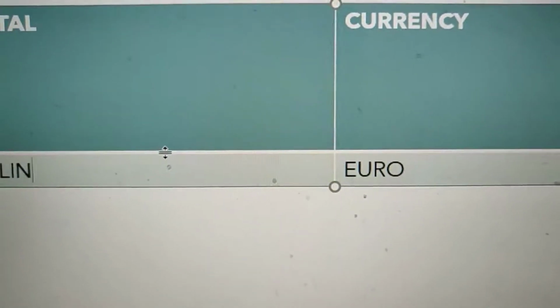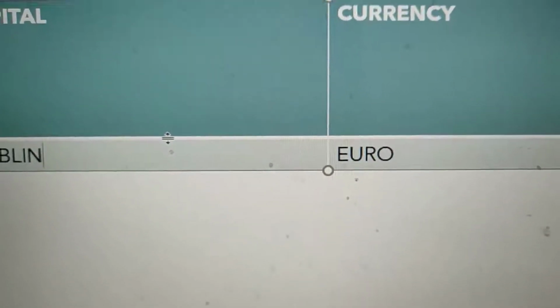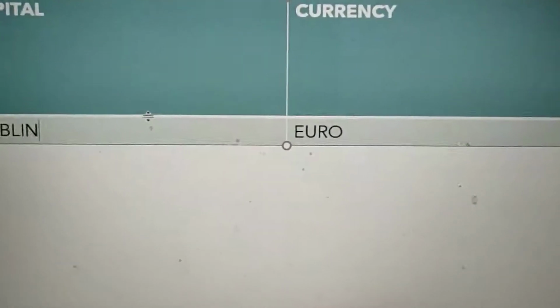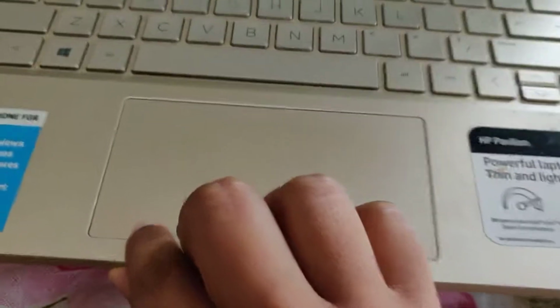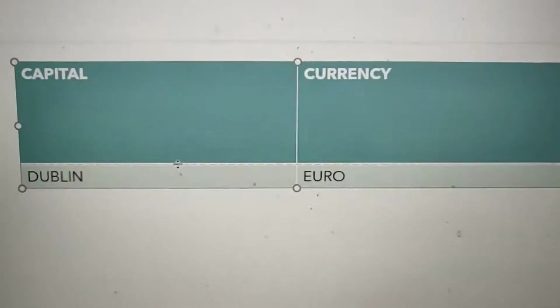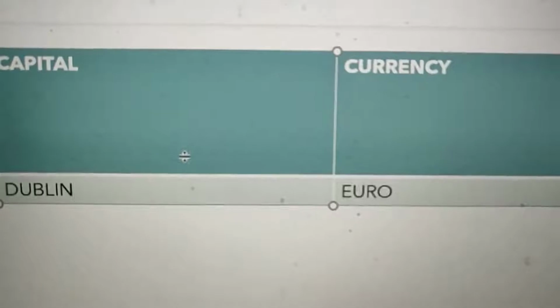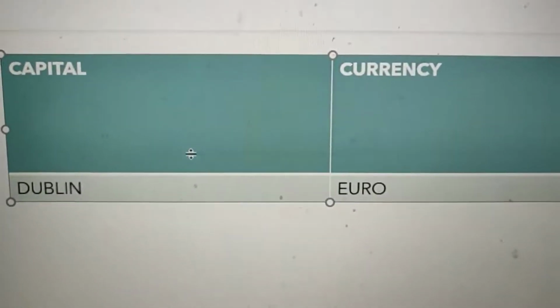If you see that, it means it can now change the width of the table size. After you see this, go to your touchpad and long press your left side. That means this is now selected, and you can do like this. So you see this black dotted line. Okay, so this is the way